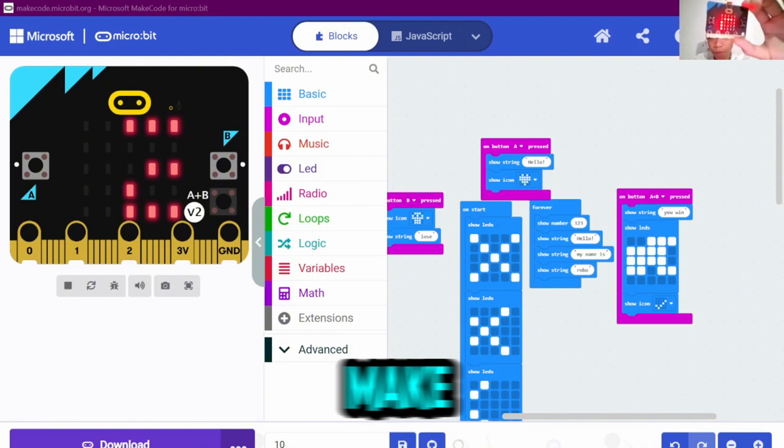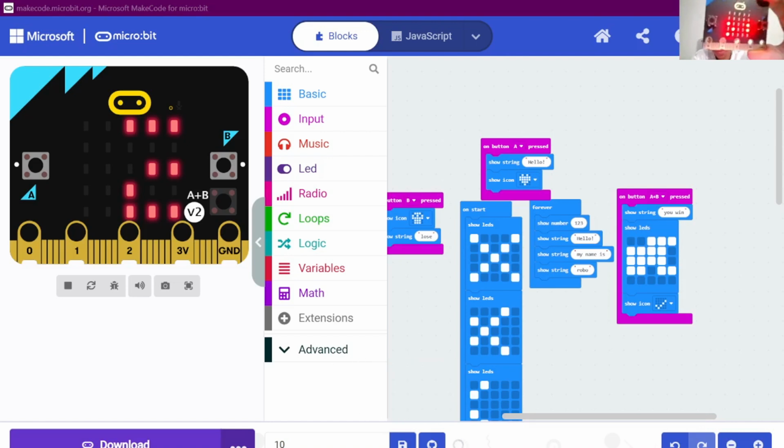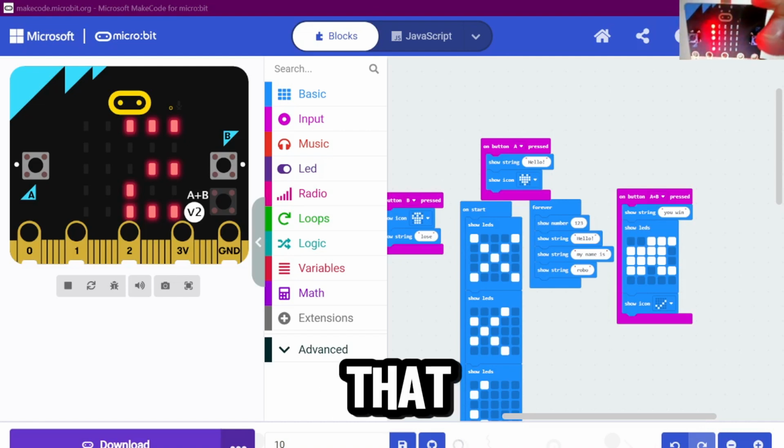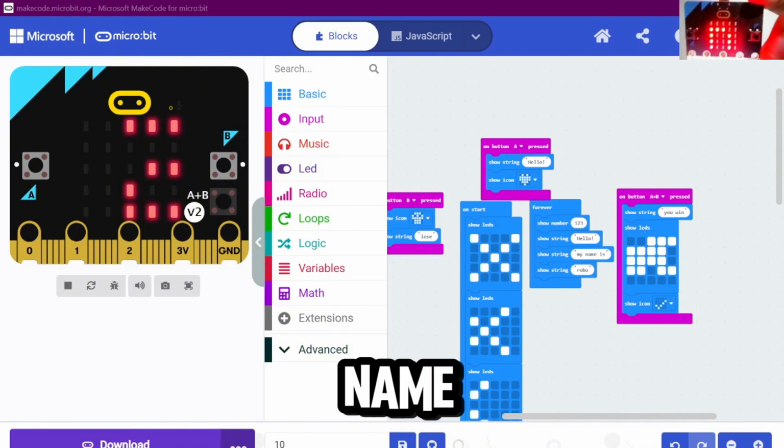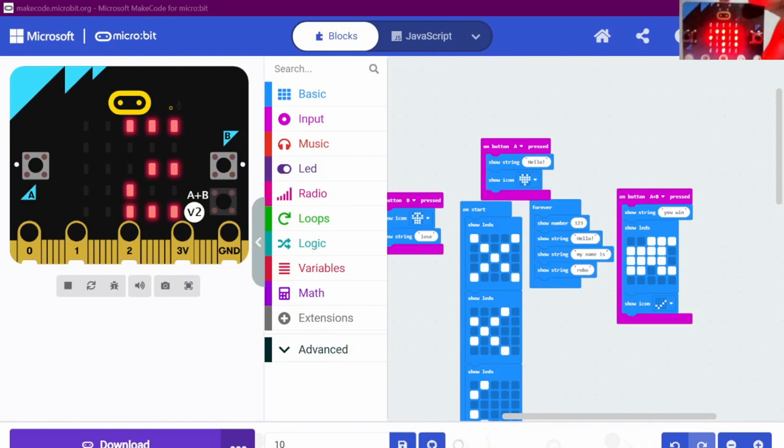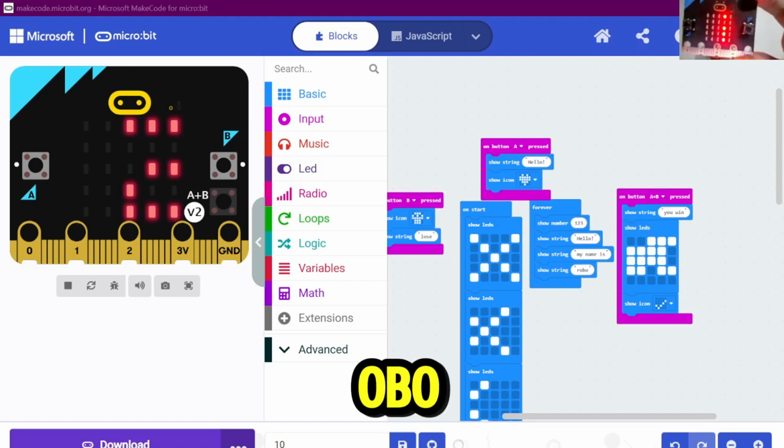Yeah, after that, you guys want to make what code, but you guys need to have a light like this. There is moving. Say hello. After that, you say my name. After that, you say robo.